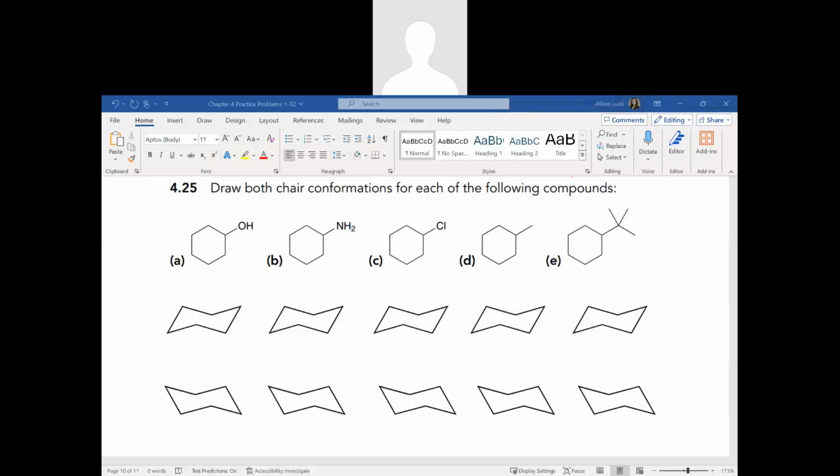In Chapter 4, Problem 25, we're asked to draw both of the chair conformations for compounds A through E. And notice these are all monosubstituted cyclohexanes. So when we place these in the chair conformation, we know that there can be ring flip to obtain the